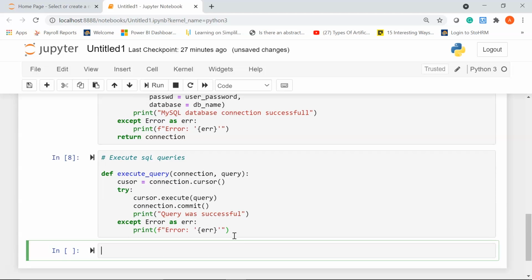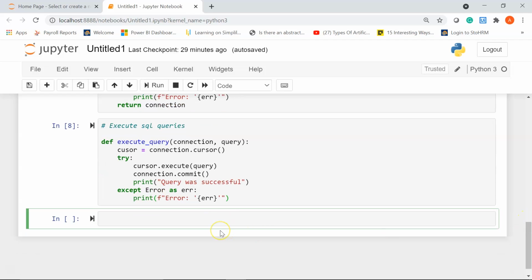Alright, now it's time for us to create our first table inside the MySQL underscore Python database. So to do that, I'm going to write my create command in SQL. First we are going to assign our SQL command to a Python variable using triple quotes to create a multi-line string. So let me show you how to do that.